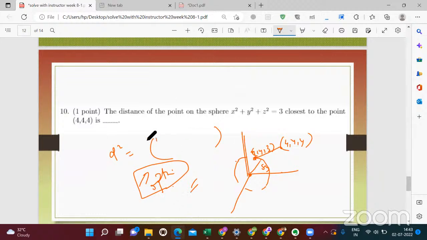So the optimization problem is this one, right? What is the constraint equation? Whether you'll get an equality form of equation or an inequality form of equation. The constraint is equal to, yeah. Which is the constraint equation? The sphere. Yeah, because all the points will lie on the sphere itself, right? Because you have to calculate the minimum distance from the sphere to that point.